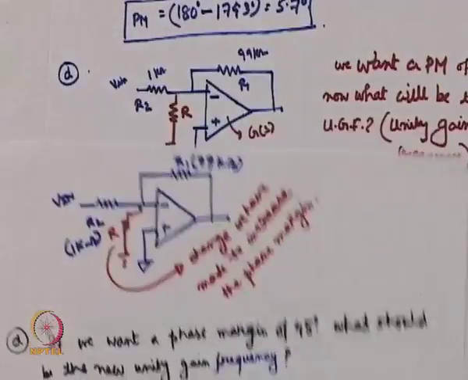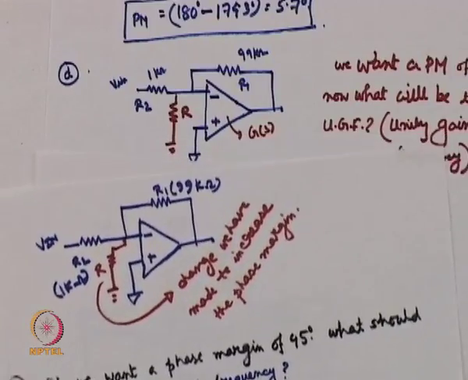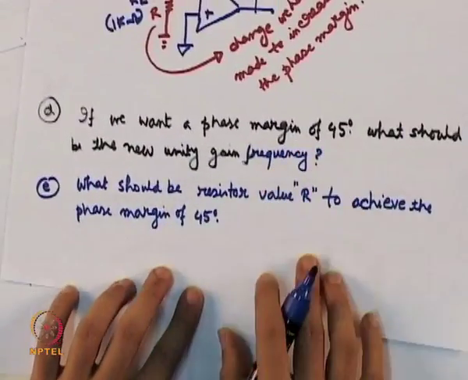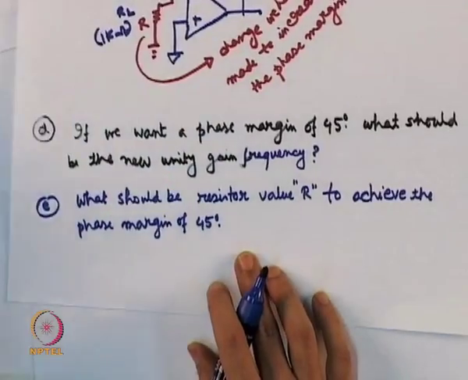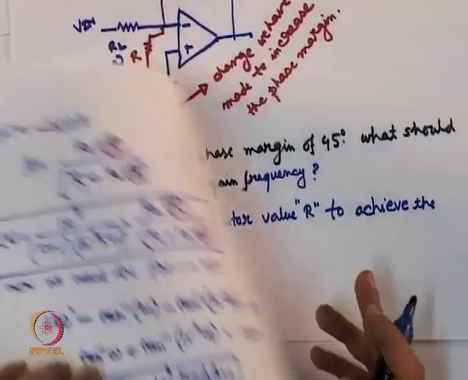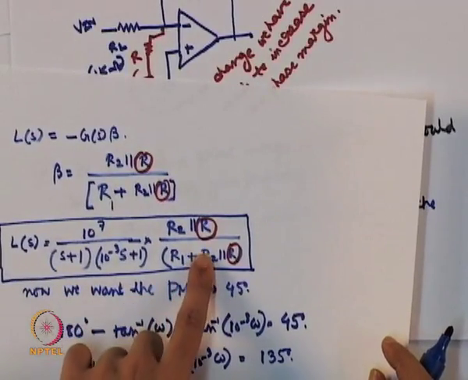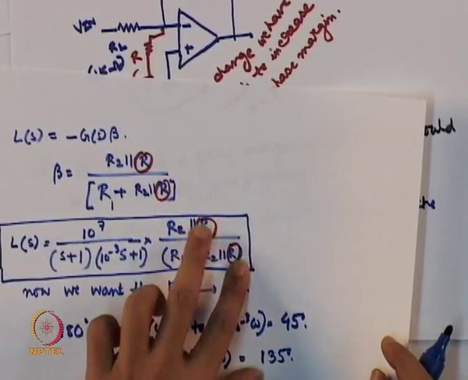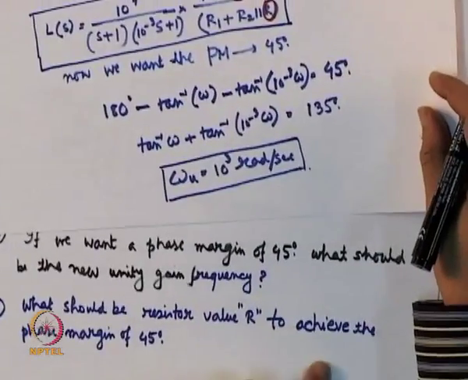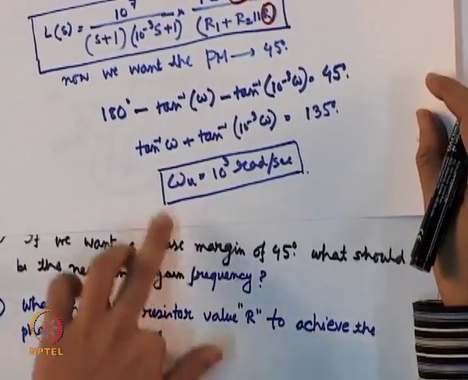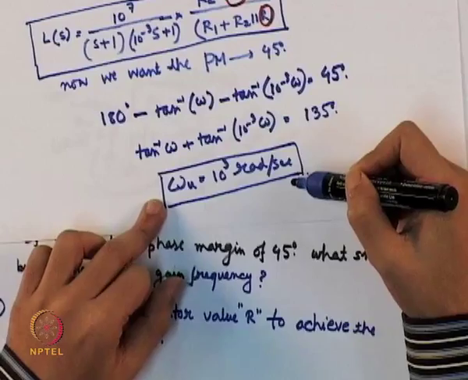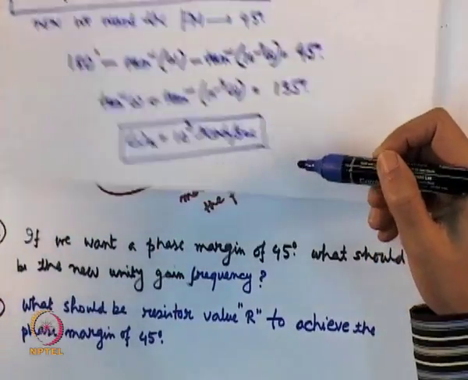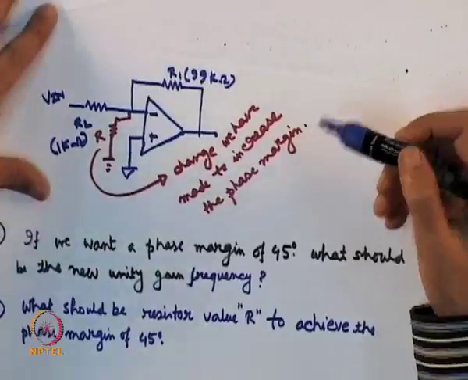Now, let us have a look at the last part, or the part E. The question is what should be the resistor value R to achieve the phase margin of 45 degree, because we have seen that now the new Ls is involved with some new resistance R. So, what will be the value of R to achieve the phase margin of 45 degree. So, we are achieving a phase margin which is 45 degree. We have found out the unity gain frequency. Now, we are told to find out what will be the value of R. Now, to find out the value of R,